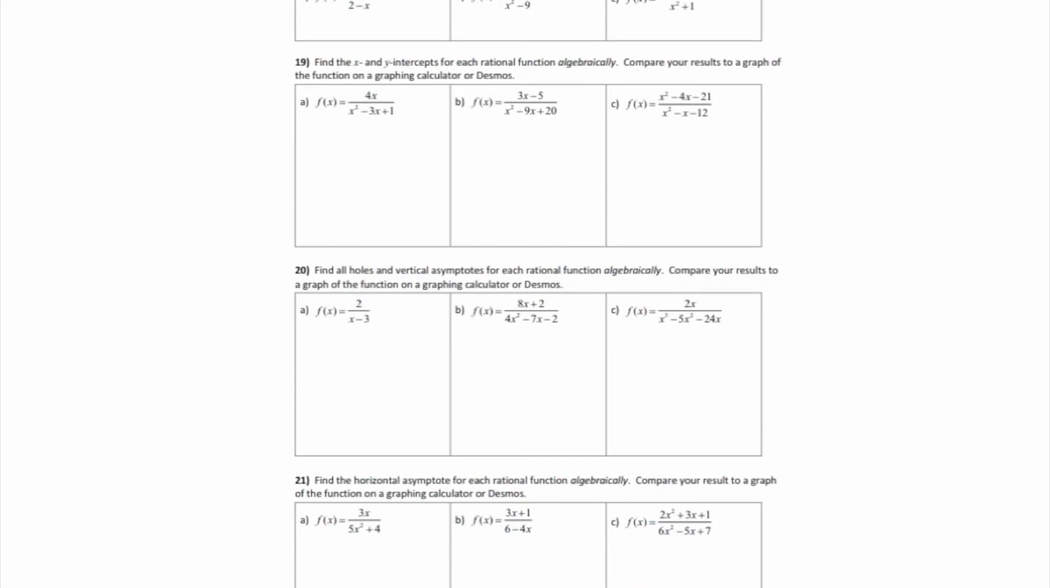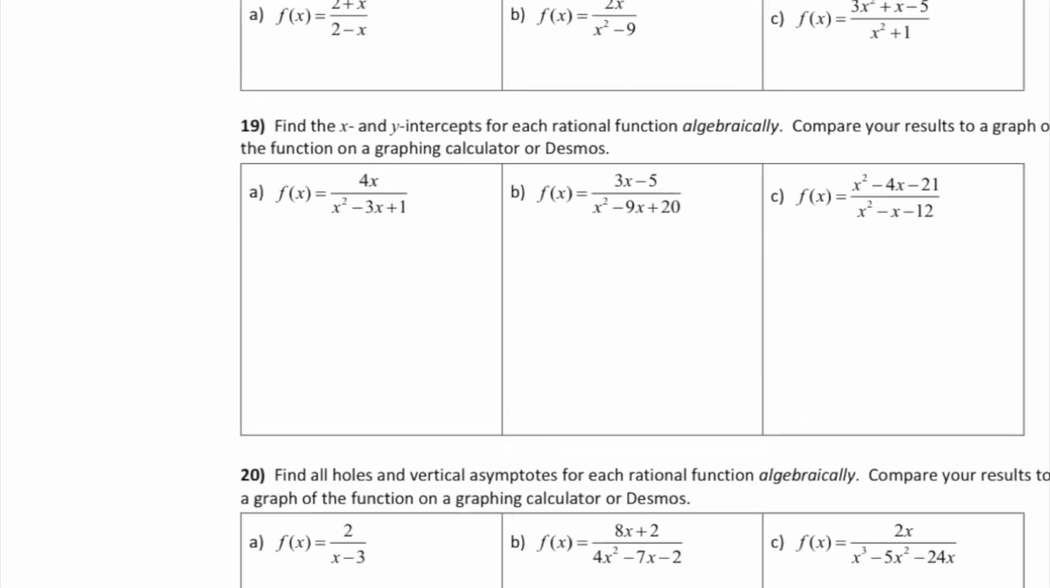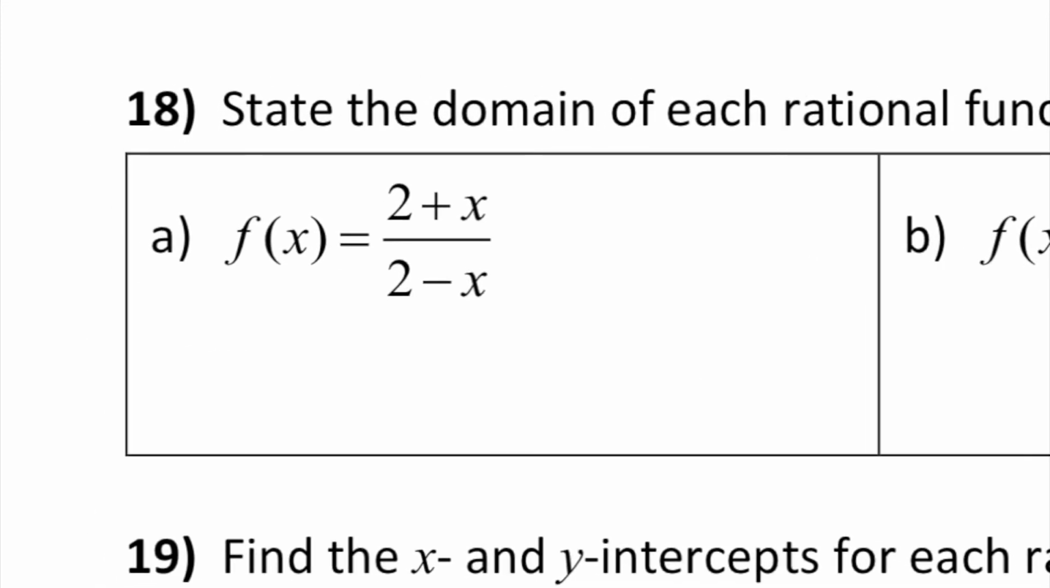Now we have some questions about the graphical characteristics of a rational function. And we'll start out with the domain. And that one should be pretty easy. You guys did really well in Unit 6 with domains and restricted domains. And remember that for a rational function, the domain is only restricted by what would make the denominator equal to